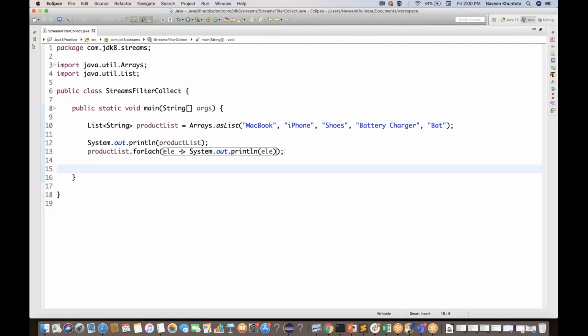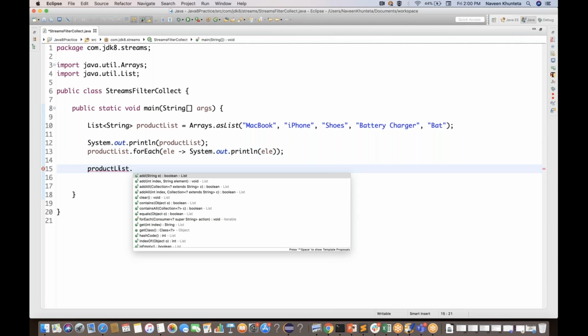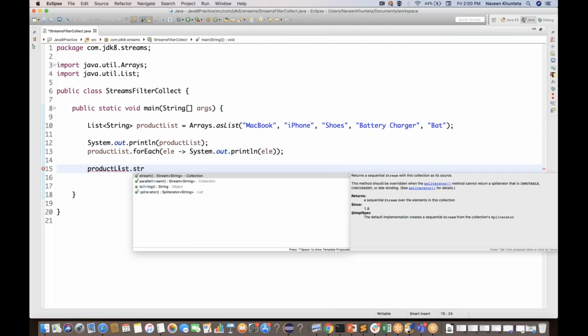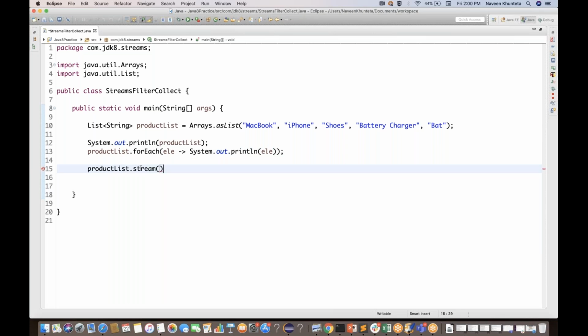We have already seen that with the lambda expression. This is the lambda expression that we have used. Now I'm going to apply a stream over here. So how will you apply? I simply say, okay, this is my product list, and I use the stream method, and if you mouse over, stream will return